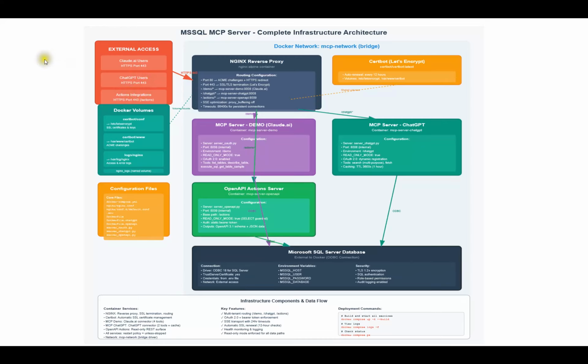Those are users connected to their subscriptions, and they either define custom connectors to connect to MCP servers, or use actions in GPTs. This is one of the features of ChatGPT, and via actions you connect to OpenAPI servers and are allowed to interact with some private data.